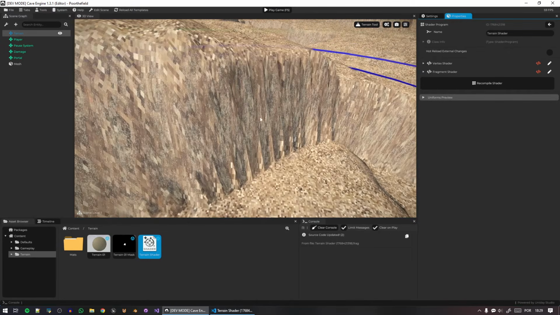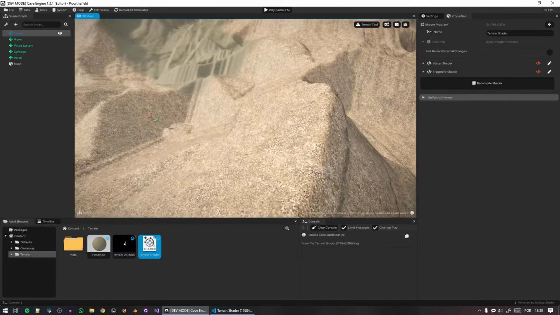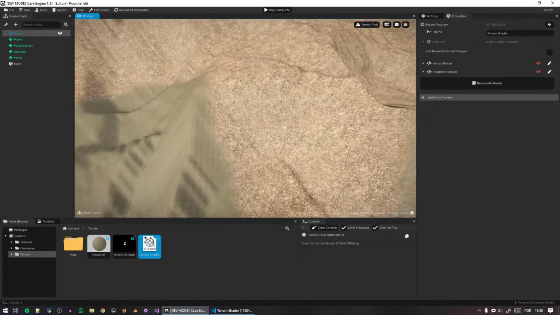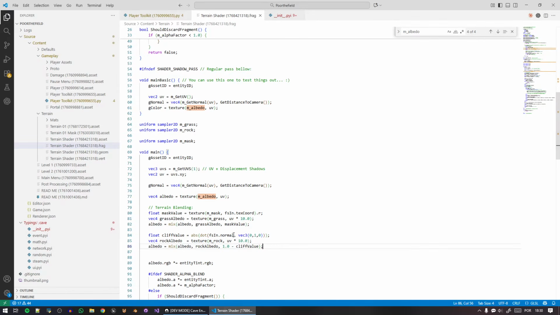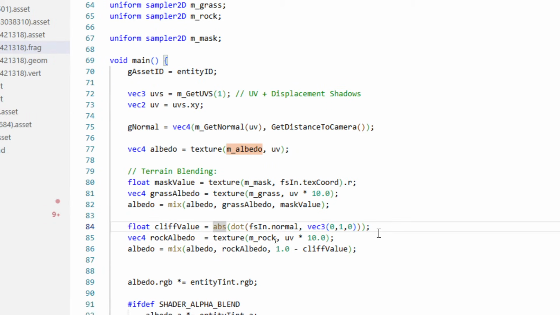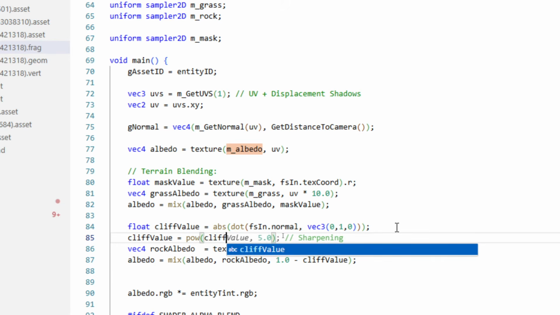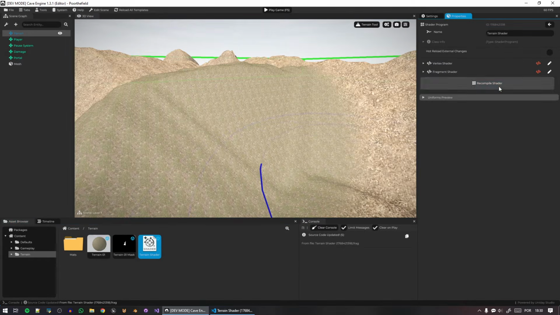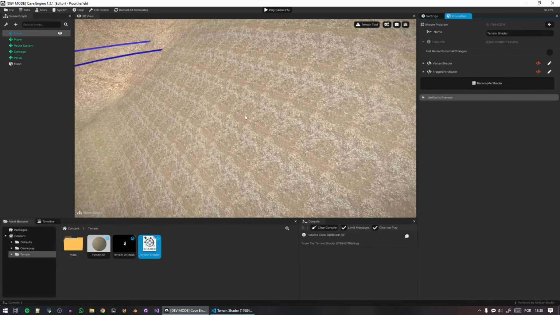But I believe it's because this texture is also very easy to miss, to not see it correctly, you know? So maybe what I need to do is to pull this a little bit to just do some cliff value. I will actually do cliff value equals to pull cliff value. I never know if it's higher than one or less than one, so I usually try both. So now that I've done this, you can see that I actually have